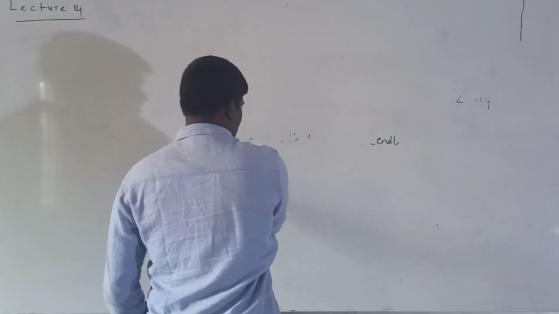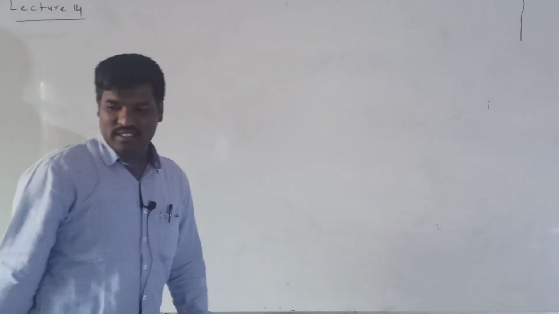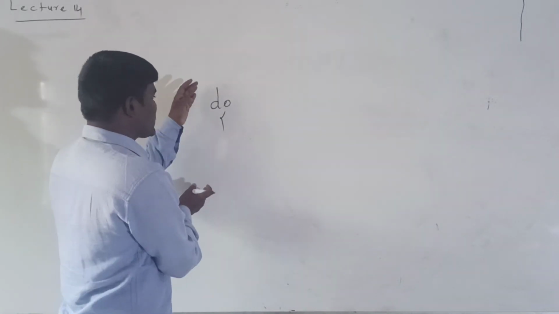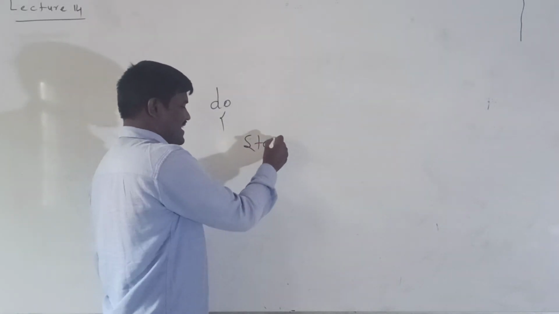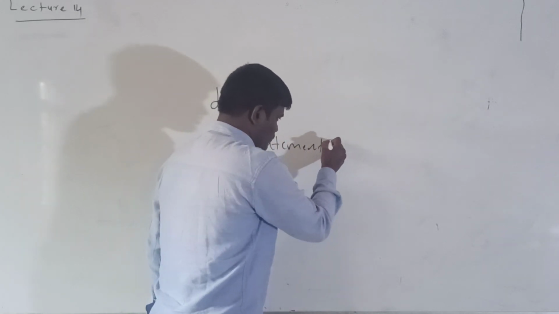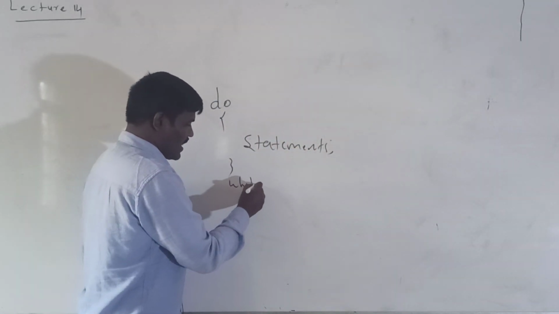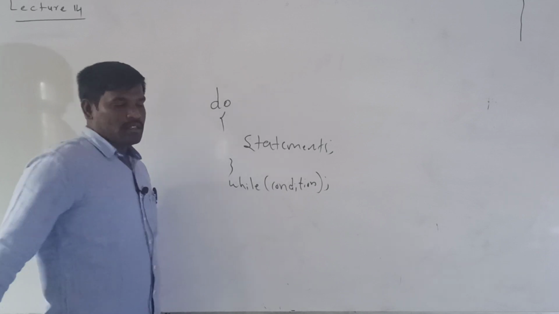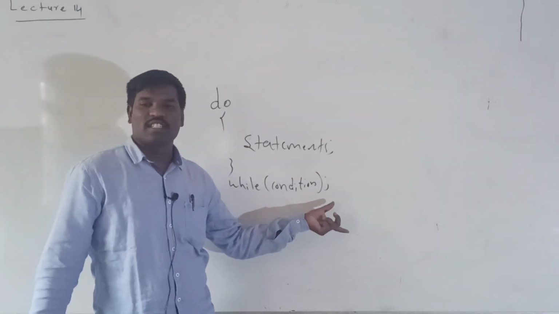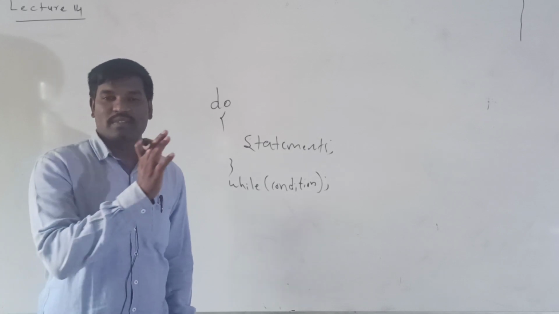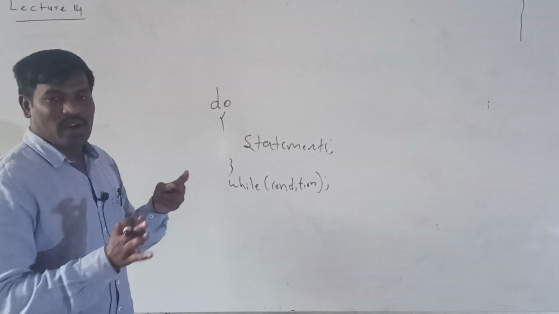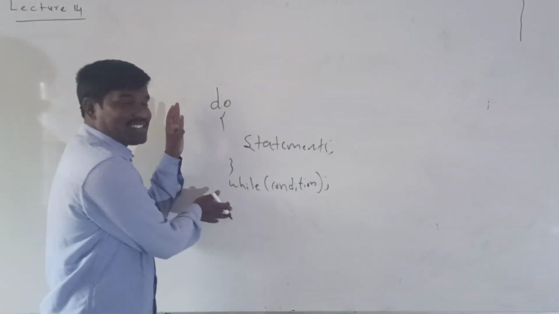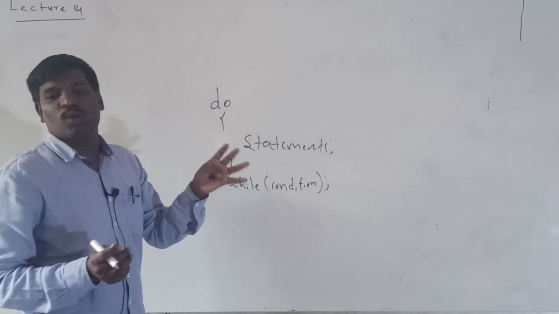So next topic is do while statement. The syntax for do while statement is, first we can write do, next here we have to write the statements. So after that while condition or expression, and after writing the condition compulsory we have to put the semicolon. The difference between while and do while is, while is an entry control loop or pre-tested loop, but here do while is exit control loop or post-tested loop.